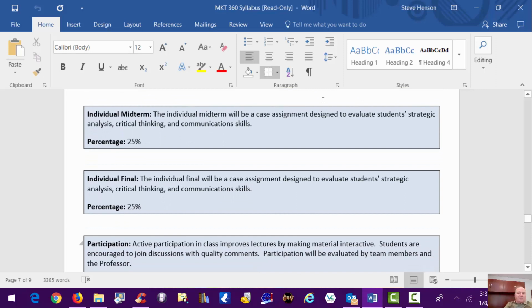The midterm and the final will be half your grade. Midterm especially is important. In my classes, final grades and midterms have very high correlations. Rarely do students make more than a half grade better or worse than they did on the midterm. So stay caught up at the start of class, have a good midterm, and you're off to a real good start. You should be fairly confident in the class.